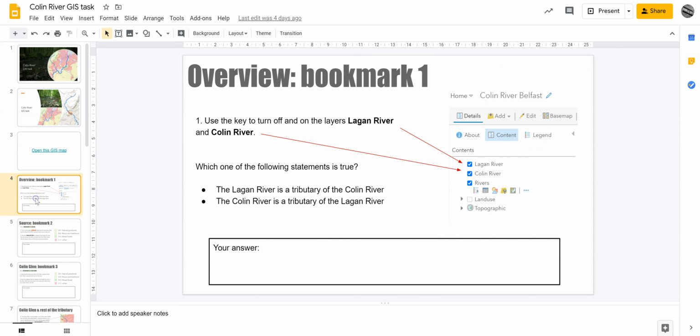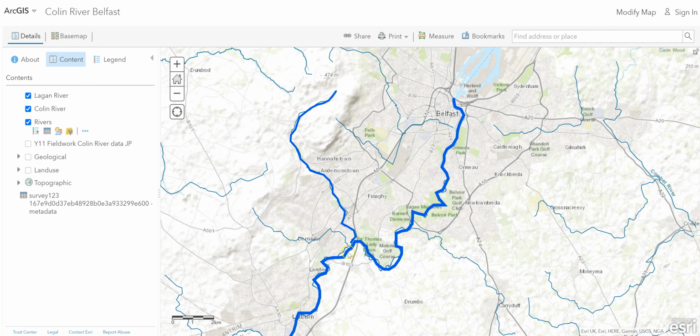So once you've opened the map, then we can go into bookmark number 1, and it's hopefully a nice little easy question to get you started. As usual, through this you'll be turning off and on layers. You just check those boxes or uncheck them to do so, and you have to figure out which river is flowing into which. Now, to help you with this, you're going to want to think of some of the things